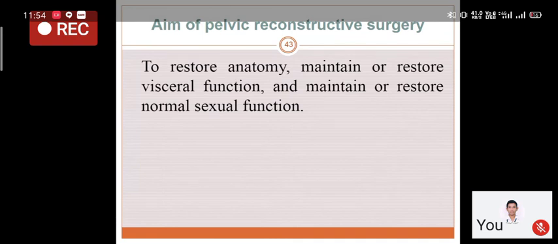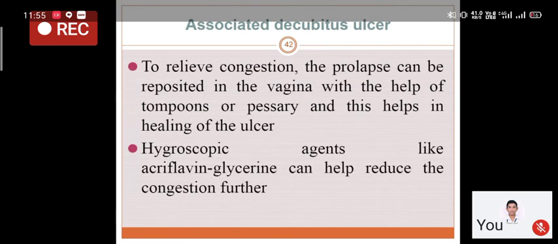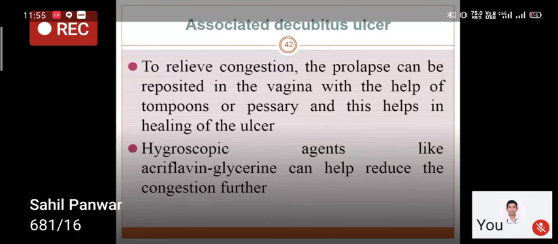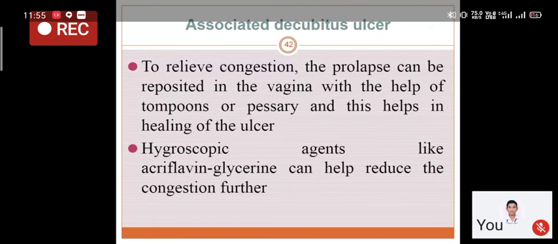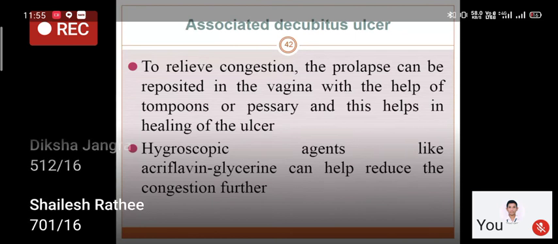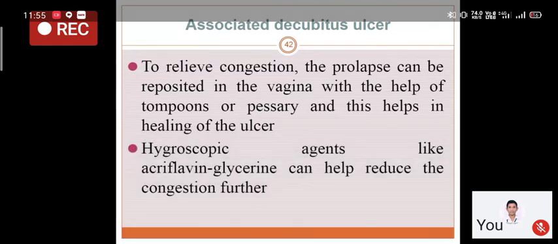Now, operative surgery we will discuss in the next class. So today, what have we read? One is how do you define prolapse? Now, what are the supports of the uterus, the cervix and the vagina? There are three levels of support. And then what are the risk factors which lead to occurrence of prolapse? Now, classification of prolapse: first degree, second degree, third degree, and procidentia, and the POPQ system. There are two different classifications.